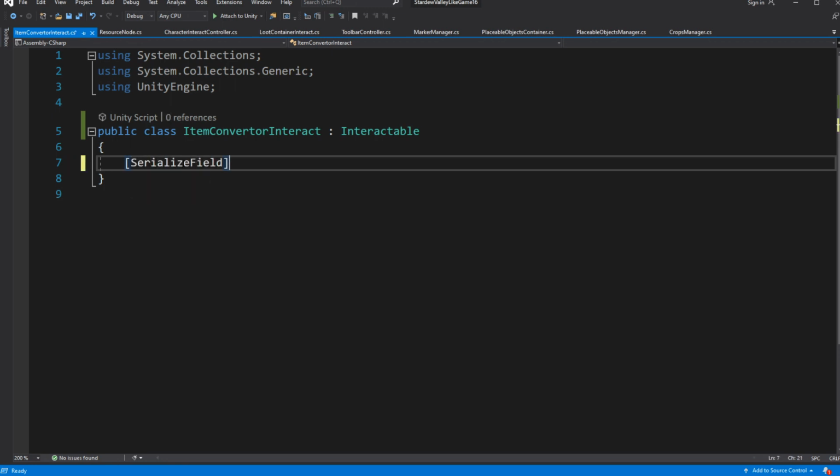So create a serialized field of type Item called convertibleItem. Serialized field produce.